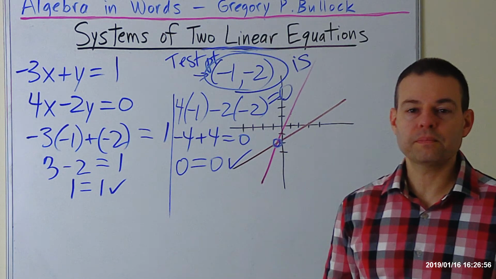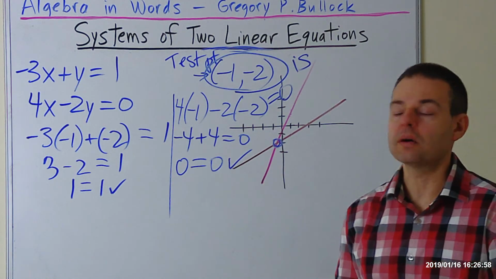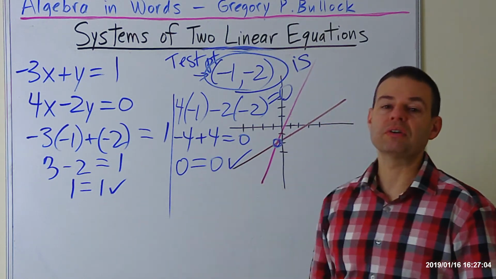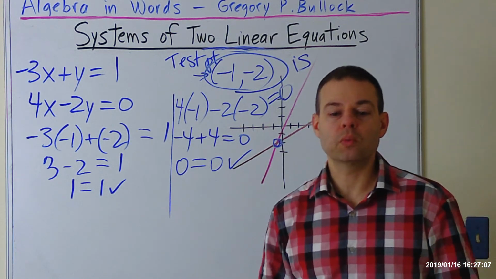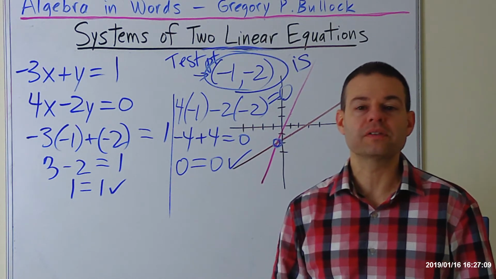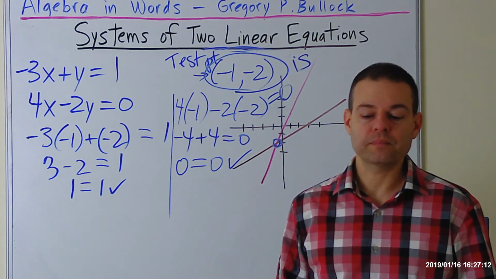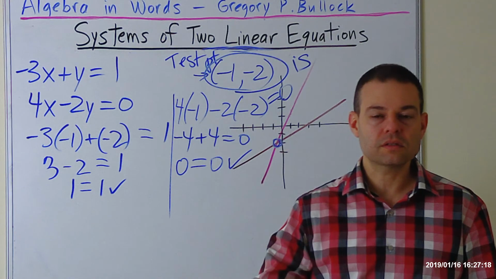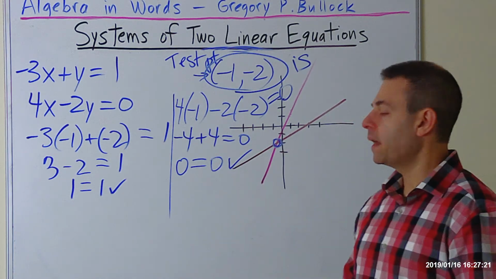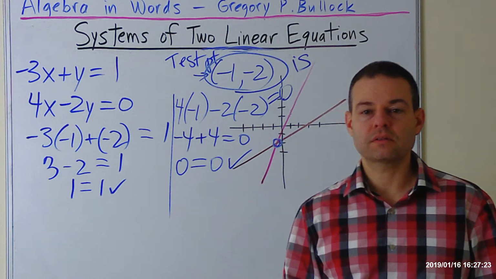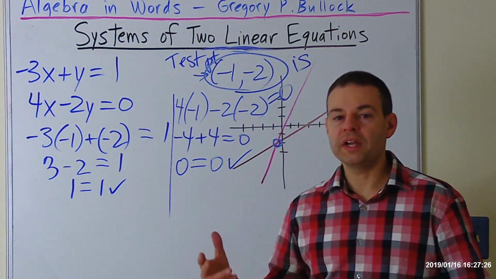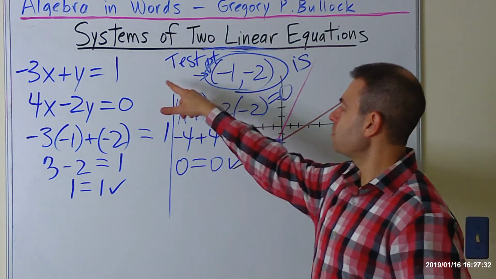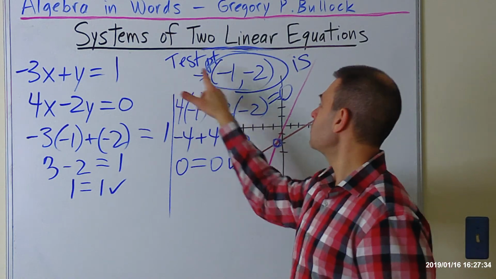One quick thing I want to point out before we end this video. Notice that we have number equals a number, or 0 equals 0, okay? In the previous video where we talked about the 3 categories of systems, in other words, either an independent system, consistent, inconsistent, or dependent, if you remember, for a dependent system, I told you that one indicator might be when the left side equals the right side, or a number equals a number. That's not when you're doing this method. This method is taking the test point numbers and